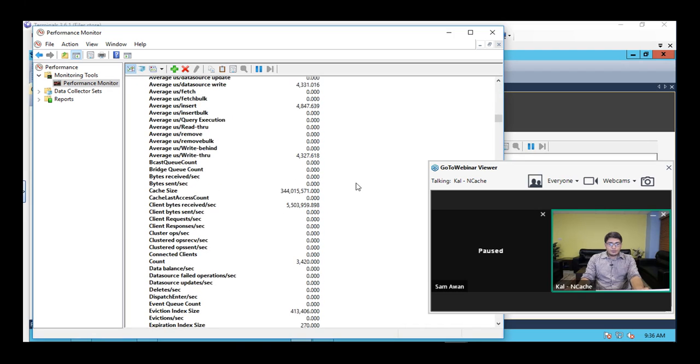If we scroll down right here, we can see that this is the count of the client cache. This count has to go up to 5,000 because it's a single source, so all the 5,000 items are going to be present here. On the cluster end, they're going to be distributed among all the server nodes. So we're just waiting for these items to go up to 5,000, and then we're going to run the second part of the test. That is where it fetches these items from the clustered cache.